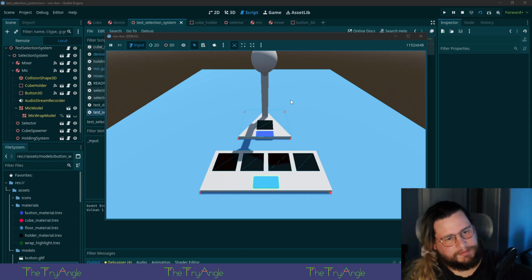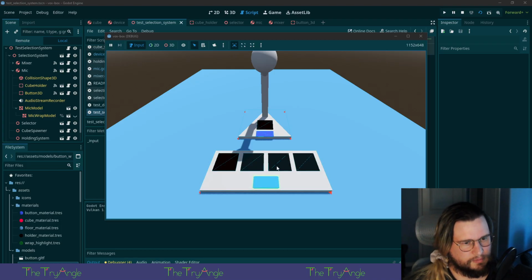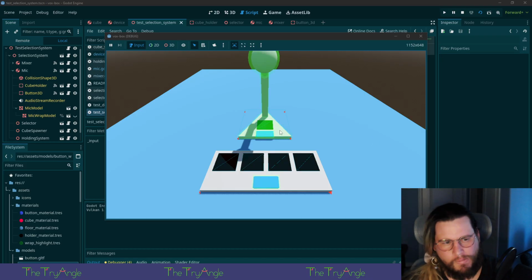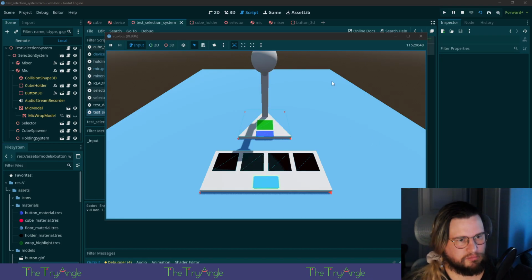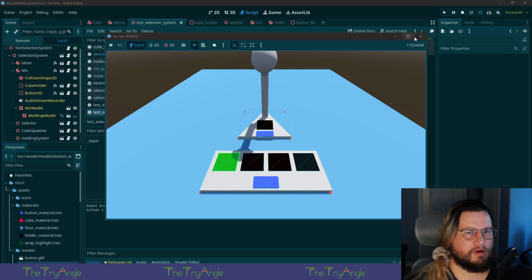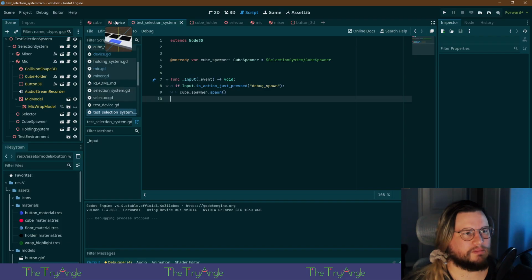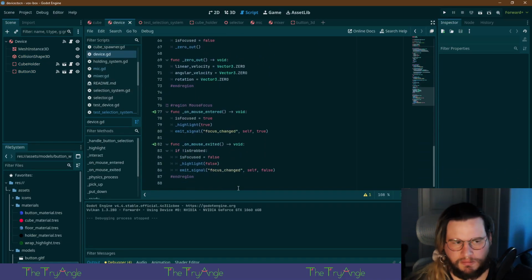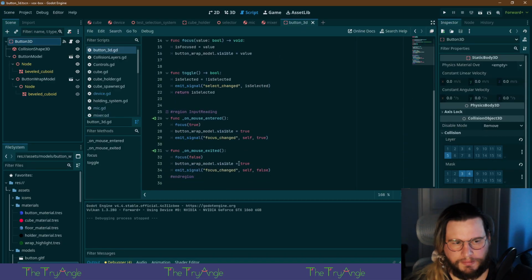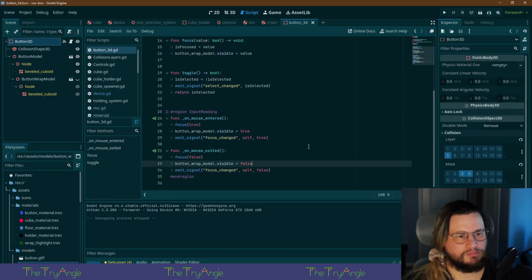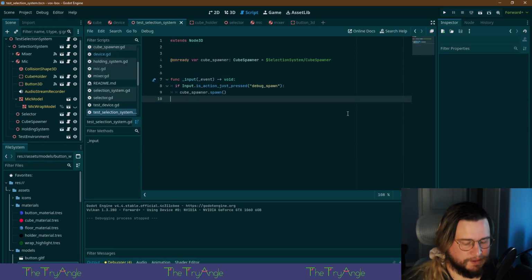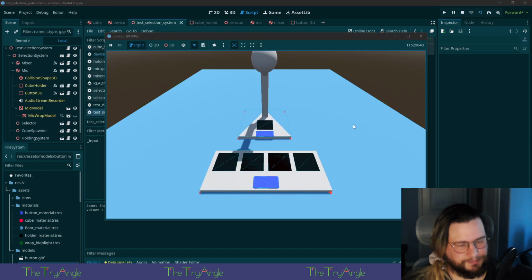Okay. Now it's not turning off the button highlight, unless you tell it to toggle off. I guess we didn't tell it. Okay, good.